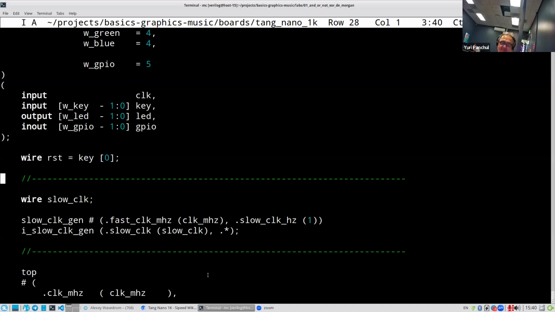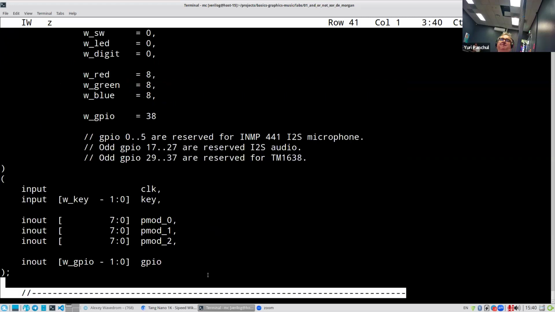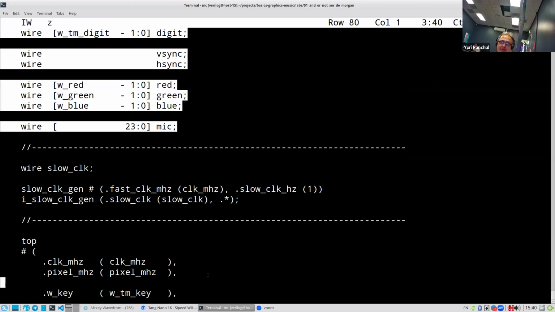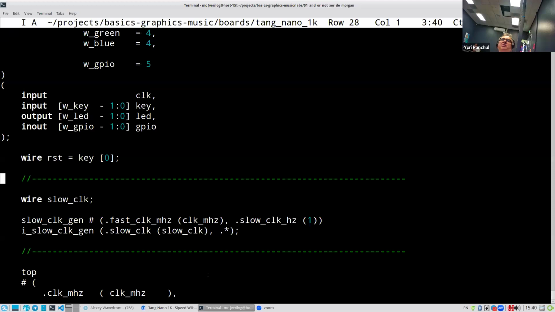We start here. This was before slow clock. And before, so you don't need to use a reset from P0,